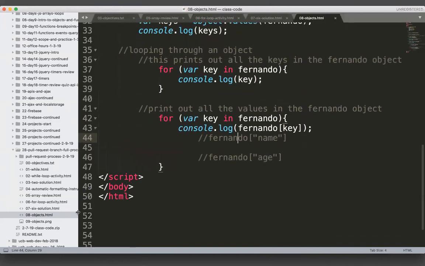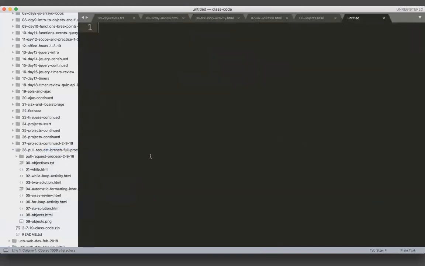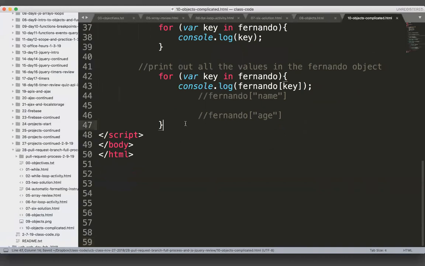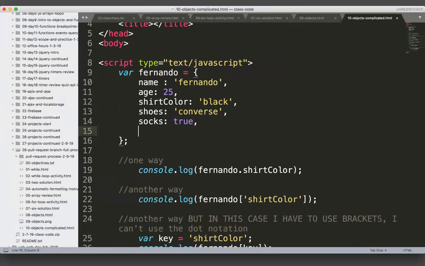Okay, so we're going to do another example. A little bit more complicated object. Right here. So now let's make this object a little bit harder. So songs, fave songs, put in